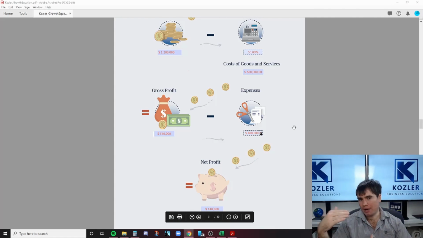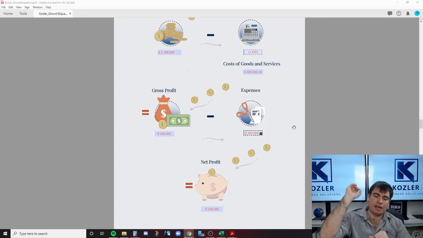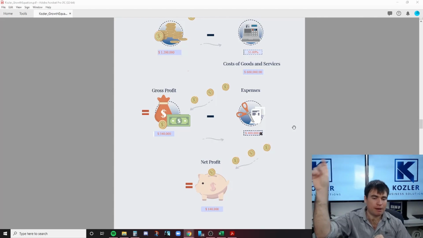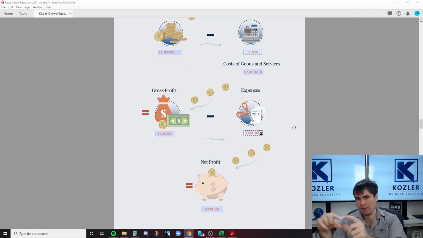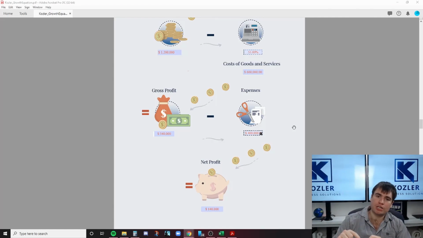It'll show in your balance sheet, where you'll have your assets that you own, which will be your capital, your cash, any real estate, vehicles, things like that. And then it'll have your liabilities, and in there, it'll have, say, $1 million worth of debt. And then what'll happen, if this business had $140,000 of profit, is $100,000 would go to minusing off that liability. So on the balance sheet, you've grown. That $140,000 is shown as you've made that in equity by minusing off that debt, but it didn't show up